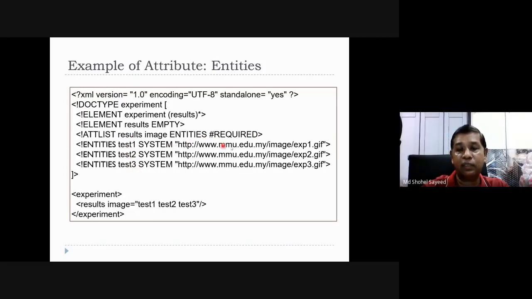Then you give the location or the references for each of the entities, test one, test two, and test three. And in the XML, you write experiment, then results, image, put the three. Test one first, space, test two, and test three, and finish the experiment. Next,